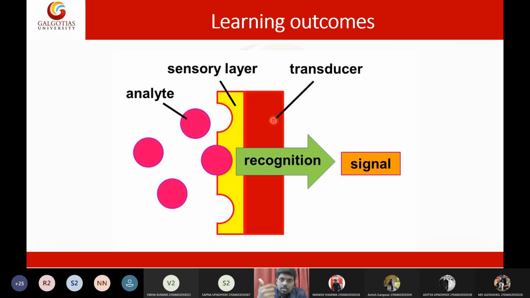So the component that converts one form of energy to another form of energy can be stated as a transducer. Now this transducer will convert it into an electrical signal, and this signal will be amplified. The electric current will be amplified via amplifiers. Then the amplified electricity will be given to an output device such as a monitor, some meters, something that will give a visual clue, a visual output. So that will be the output. So these are the basic components of a biosensor.